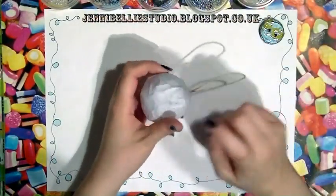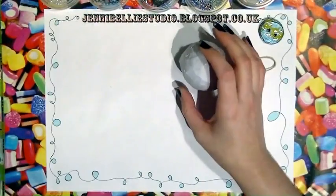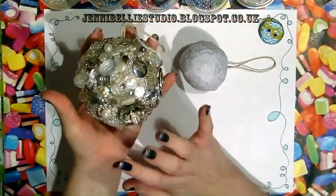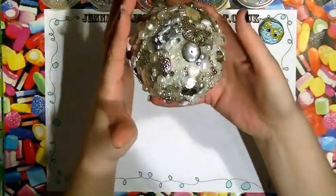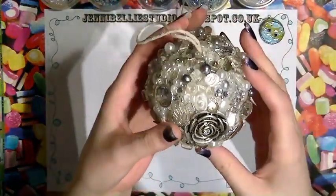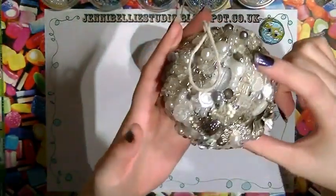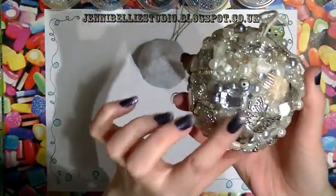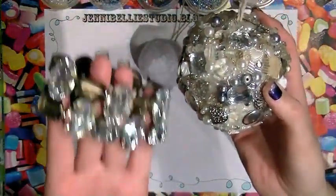Right, okay, so once it's dried, we have our bauble to decorate, and now is the really fun part. How I decorate them is I'm actually quite economical with what I put on my baubles, but looking at it, you wouldn't think that I've scrimped on this, would you? So what I do is I pick out one or two really nice pieces to use in my baubles, and then the rest of it is beads from jewellery. So this flat disc here is a bead, and there were loads of them that came off a piece of jewellery, and it really uses up the surface quite well. These here were from this horrible piece of jewellery here